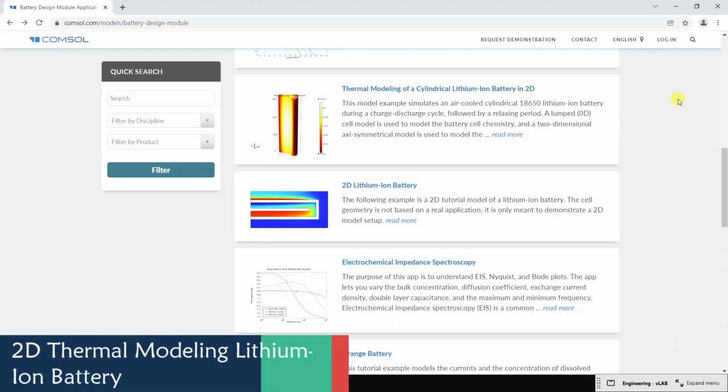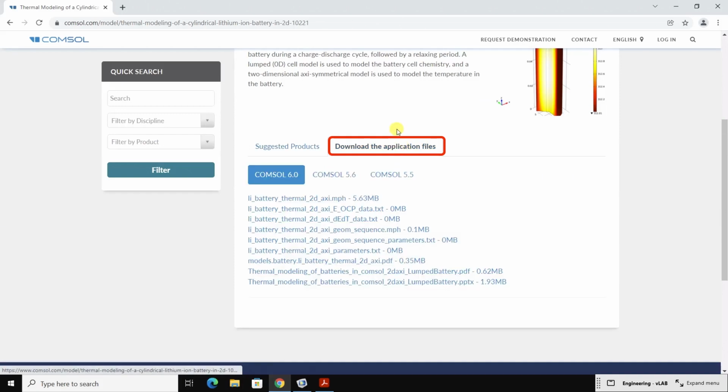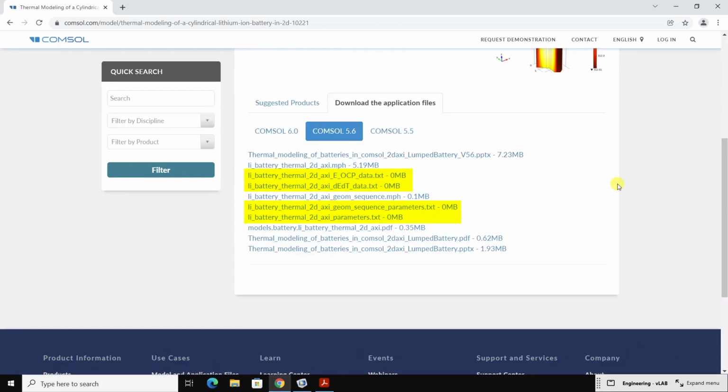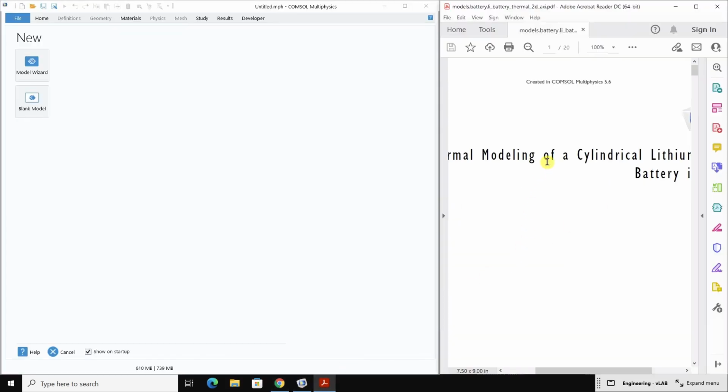In this example, we are going to solve the thermal modeling of a cylindrical lithium-ion battery in a 2D modeling. So first of all, we are going to download all the required files. And then after that, we'll open COMSOL and the PDF file, which has all the required instructions to follow the